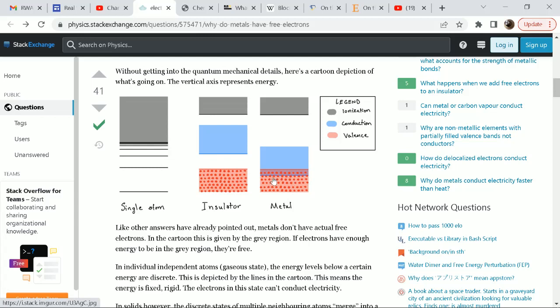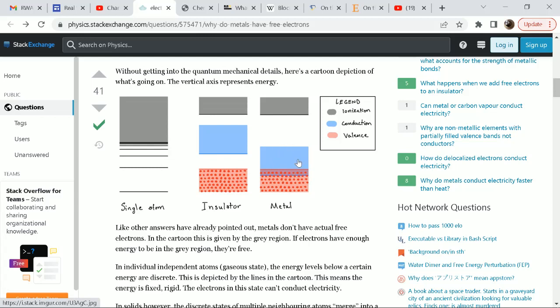So basically there we get this mesh of valence electron energy states. And when it's a metal, the energy level of the valence overlaps with the